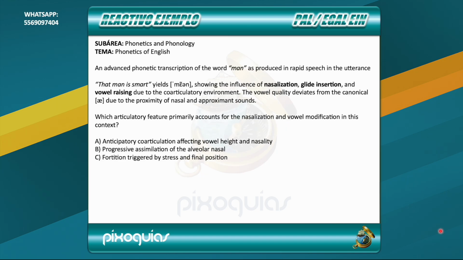Now, this exercise is from the subarea Phonetics and Phonology with topic Phonetics of English. An advanced phonetic transcription of the word man as pronounced in rapid speech in the utterance. That man is smart yields mean, showing the influence of nasalization, glide insertion, and vowel raising due to the co-articulatory environment. The vowel